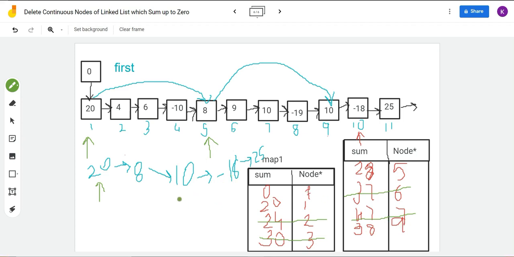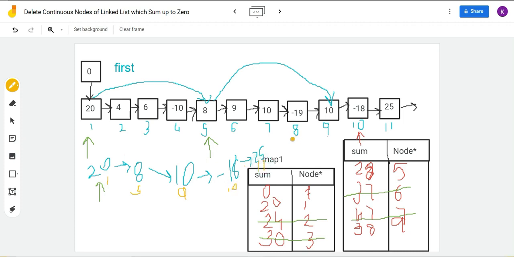Let's see, this is 1. First of all, let's mark this. This is 1. This is 5. This 10 is 9. 28 minus 18 is 10. And this is 11.